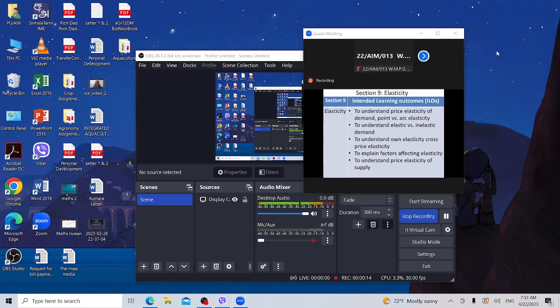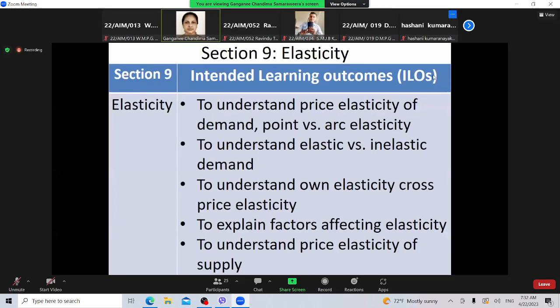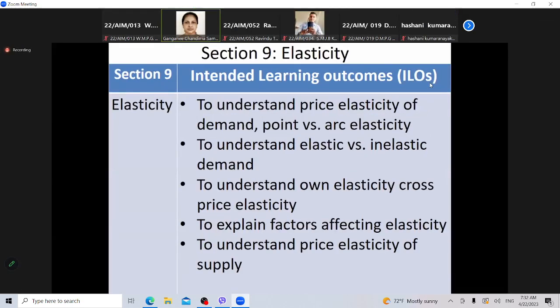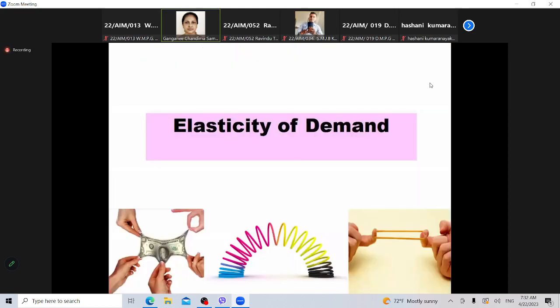Last section was elasticity. Under that, you understood price elasticity of demand, income elasticity of demand, and cross price elasticity, and briefly understood the price elasticity of supply. And here you may remember,